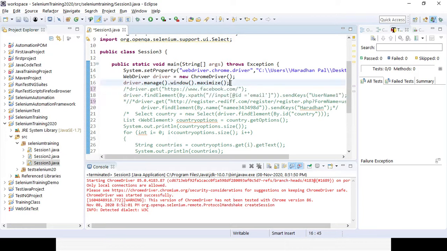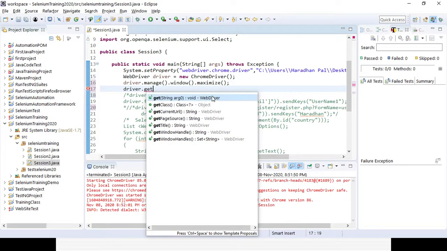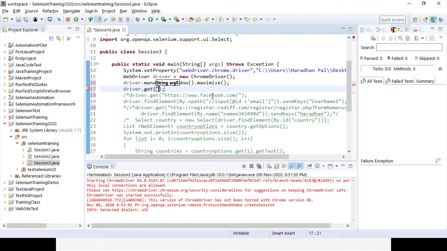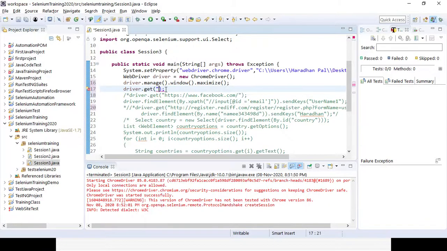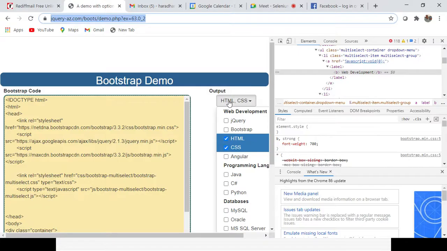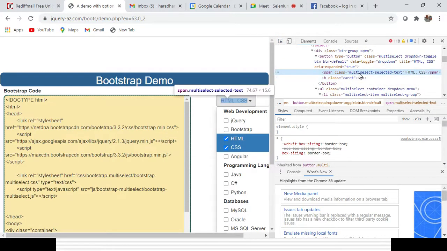So first I need to open the page with driver.get. I will give the URL for the page. So it will open the page. Then first I need to identify that option. It is starting with class. So I need to create the XPath for that option. So how will we create the XPath? So it is span, you can see,